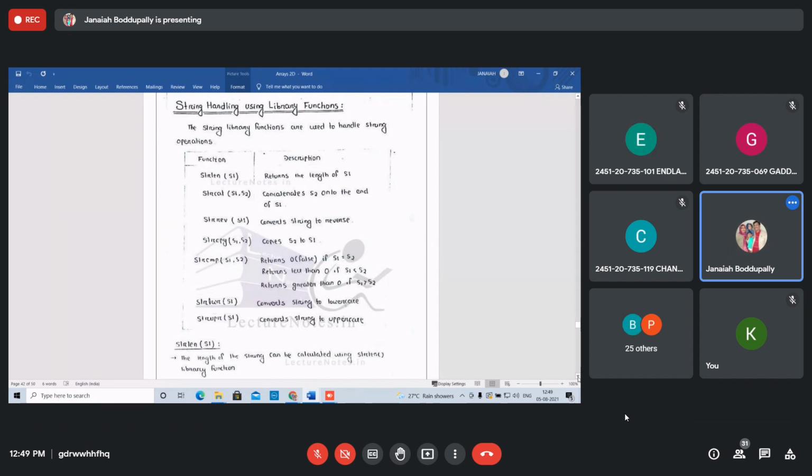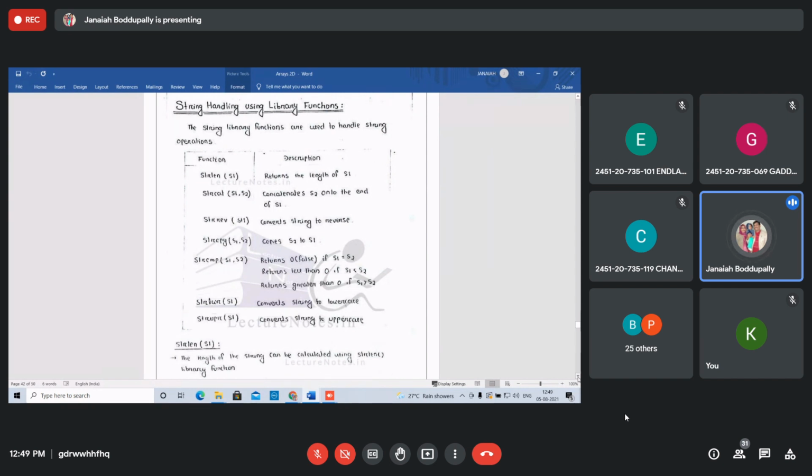strcat is the string concatenation, s1 comma s2. It concatenates s2 onto the end of the s1 string. That means s2 continues after the first string, just a continuation. If suppose s1 is MESREC and s2 is Nadargul, you concatenate after MESREC with no space, and Nadargul is the continuation. That's s2.